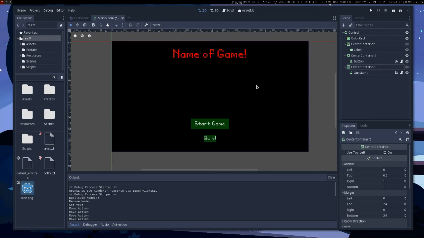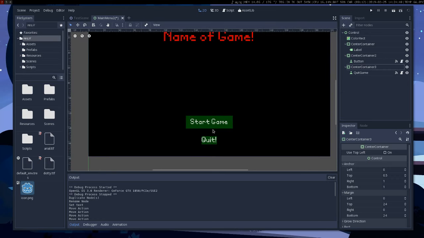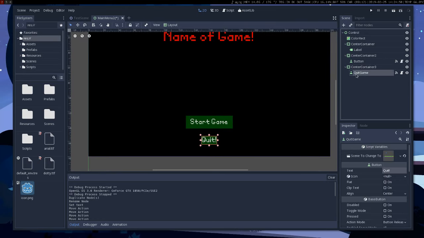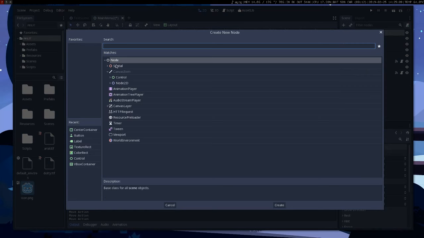So if we wanted to have this button, we would have to kind of manually place this every time, and that kind of gets ugly when we want to be able to accommodate multiple resolutions and everything. So there is a nice container for this very thing